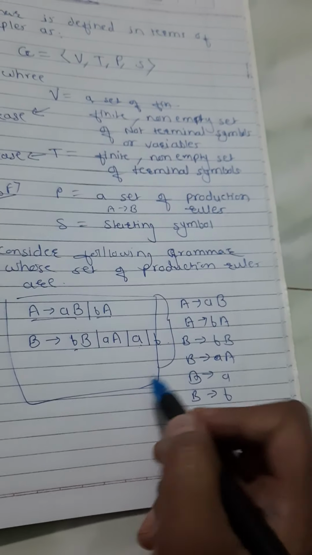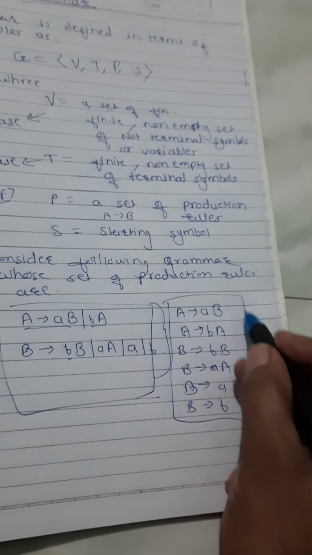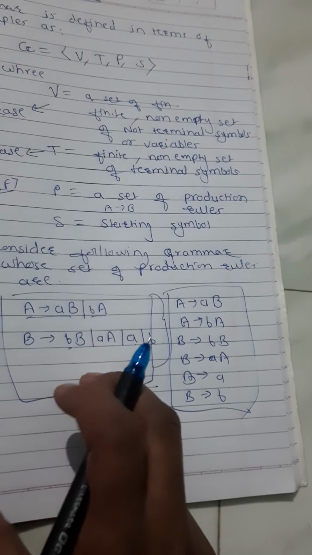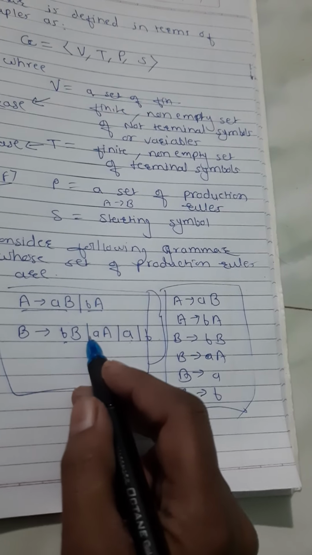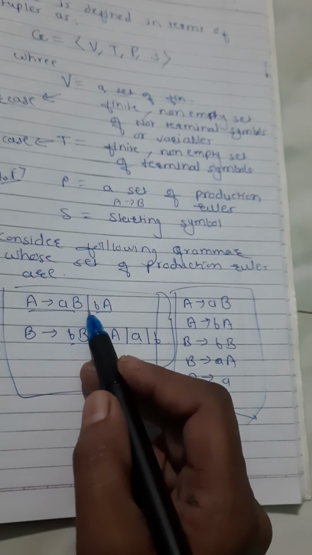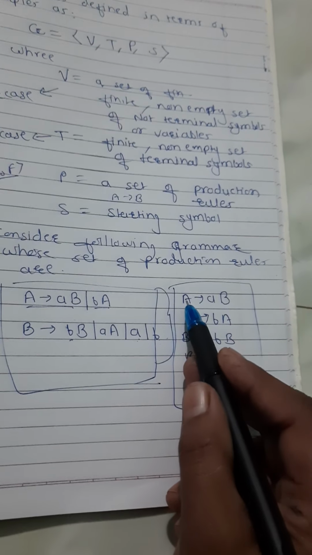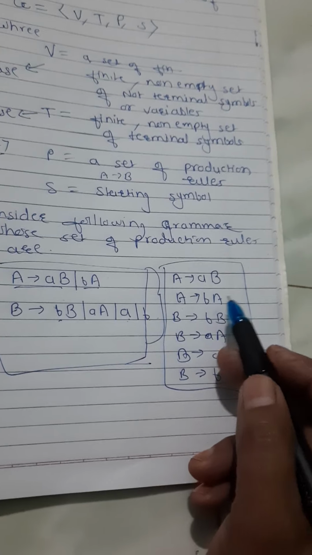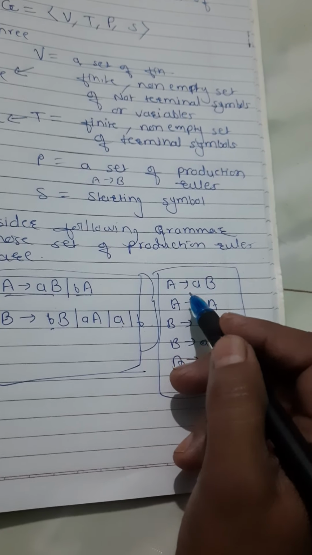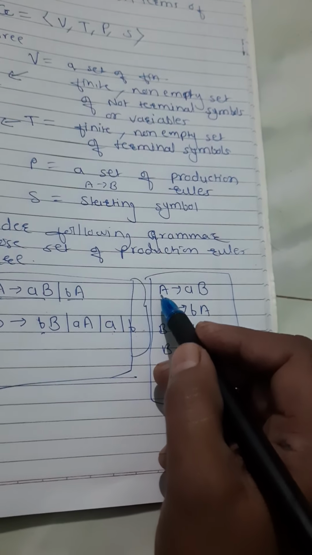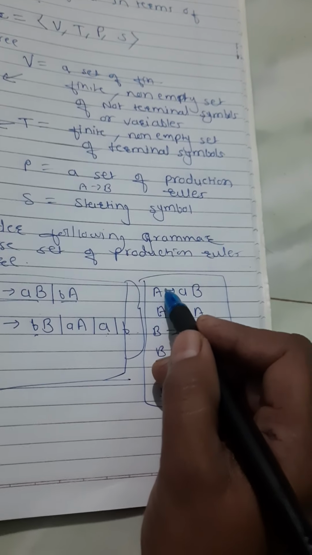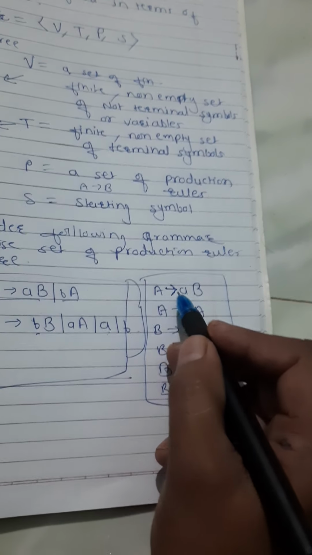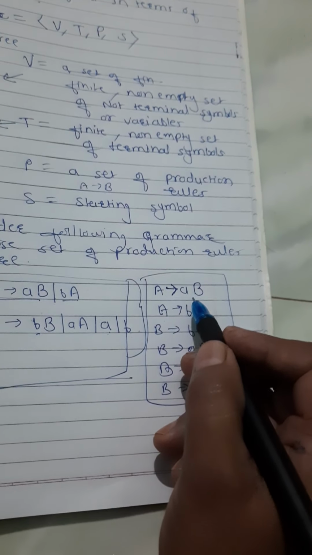Here in this set we have written all the rules separately. Here we have written the rules using the OR operator. We can use the OR operator, this vertical line, whenever the LHS symbols are the same and the RHS are different. The production rule consists of two sides, the LHS, left hand side, and the right hand side, and this symbol in between tends to, or gives. If we have this, then it can be represented by the RHS symbols.